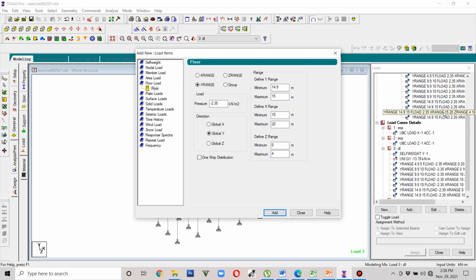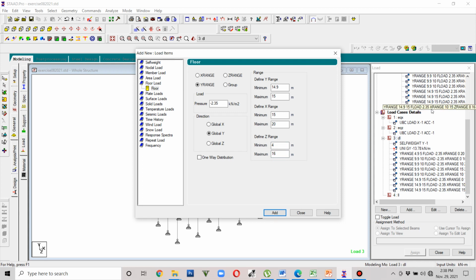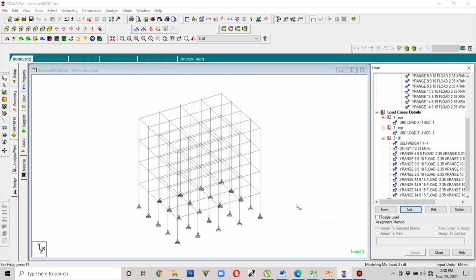And then we have this 15 to 20, 4 to 16. So we add. Then the last 10 to 15, 8 to 16. So we just add that one, then plus. Okay, so we have this completed